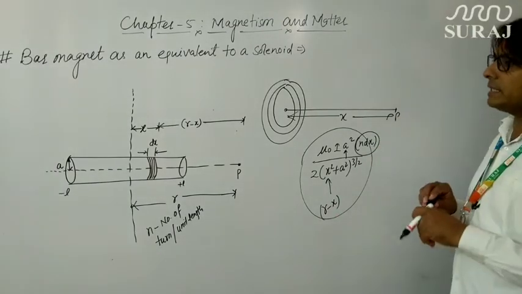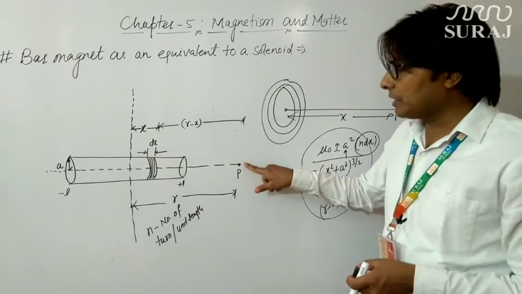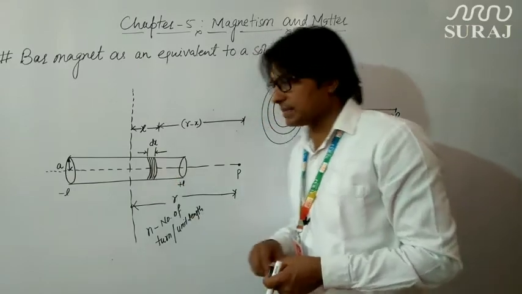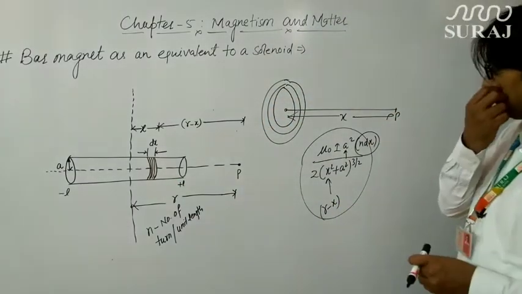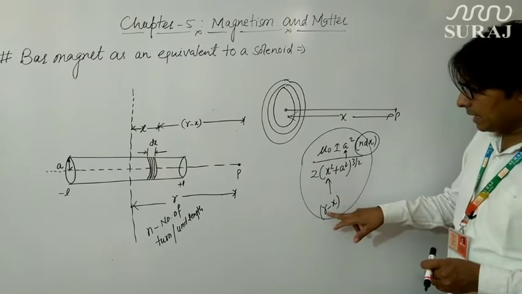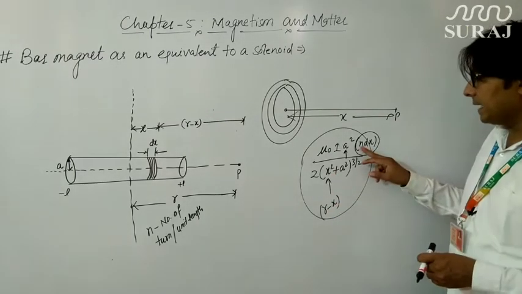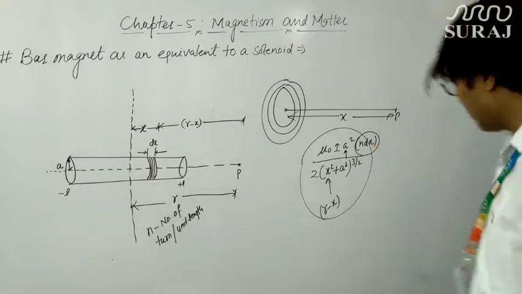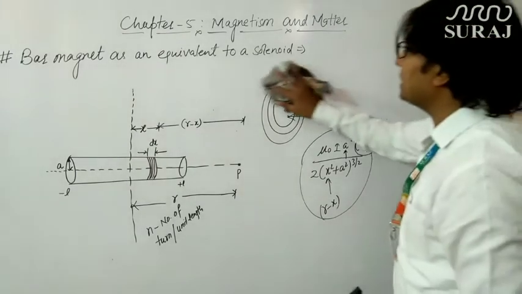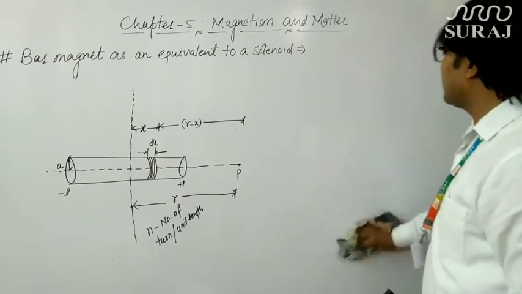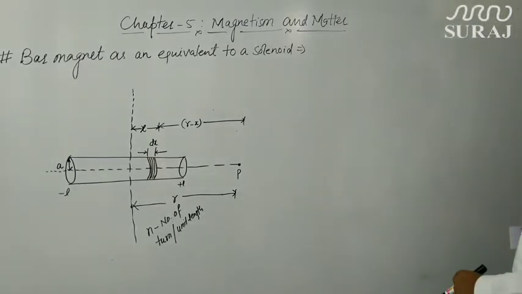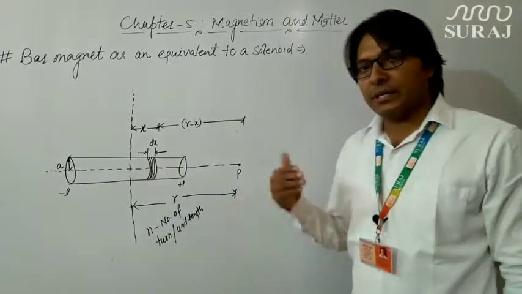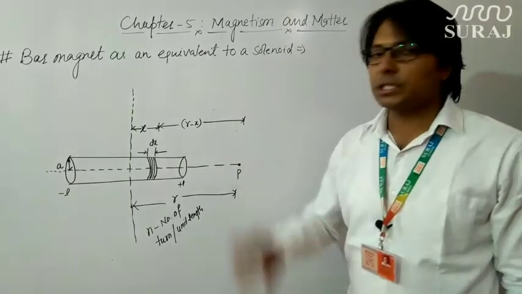So what should the formula be for the magnetic field at point P due to the loops present in this dx differential length of this solenoid? You will say we will put r minus x in place of x, and we will multiply this expression by n dx. I am just writing down that expression, and thereafter we will integrate it over the entire length of this solenoid, that is from minus L to plus L, to find out the net magnetic field at point P due to this solenoid.